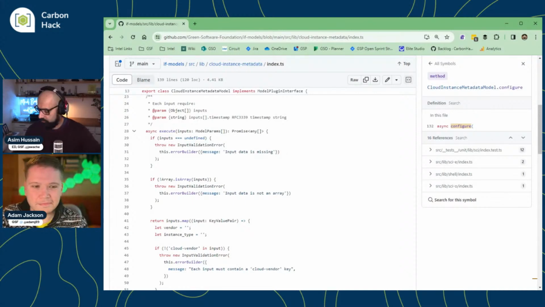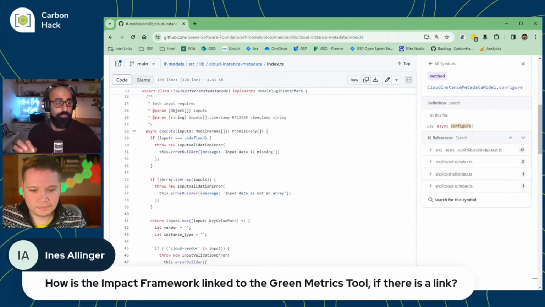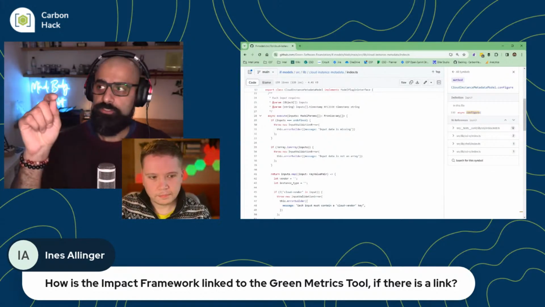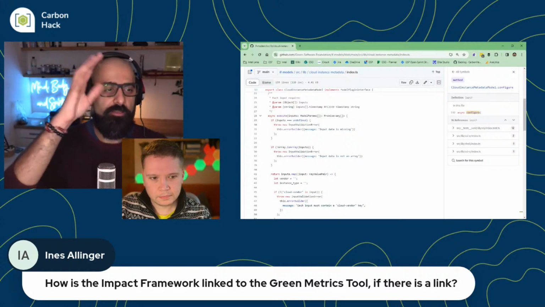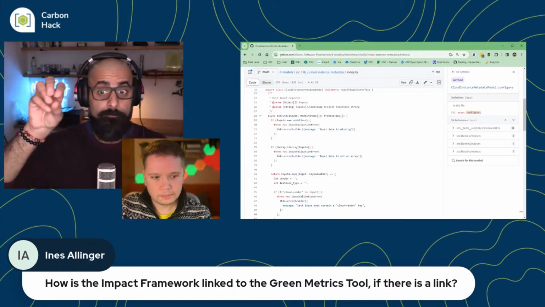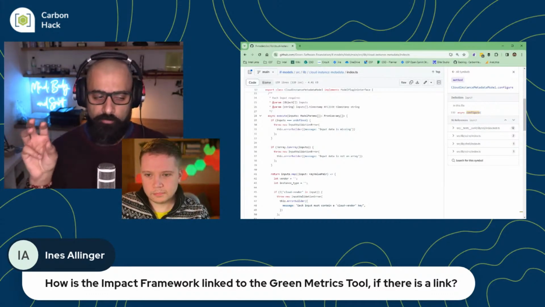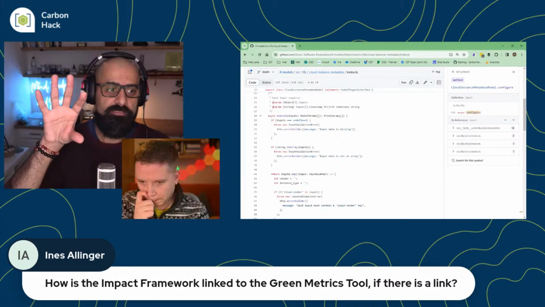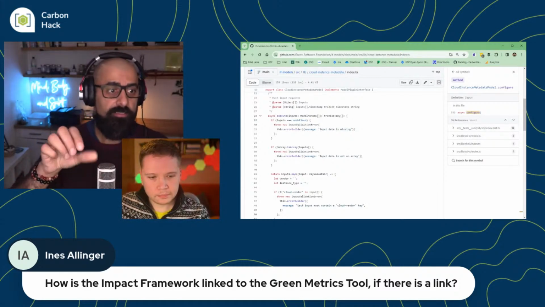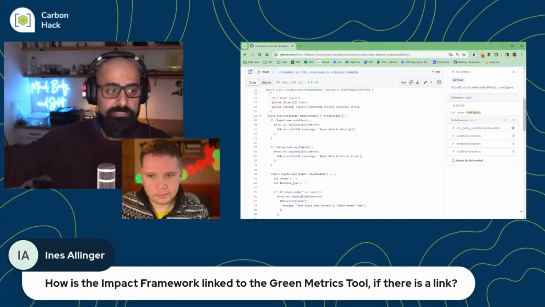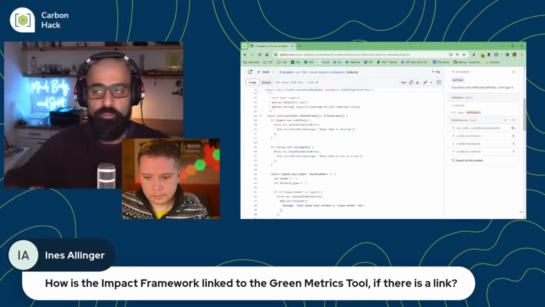Oh, this is the Green Metrics Tool from Green Coding. We haven't linked them. How it could be linked is that you could build a micro model plugin which can leverage some of that data. I think the Green Metrics Tool is a couple of components, but I also know it has a model they use to convert utilization or some other aspect to energy, if I remember rightly. As long as a model plugin was built that adheres to this interface that we've described, you can then use aspects of that within a framework with other model plugins.